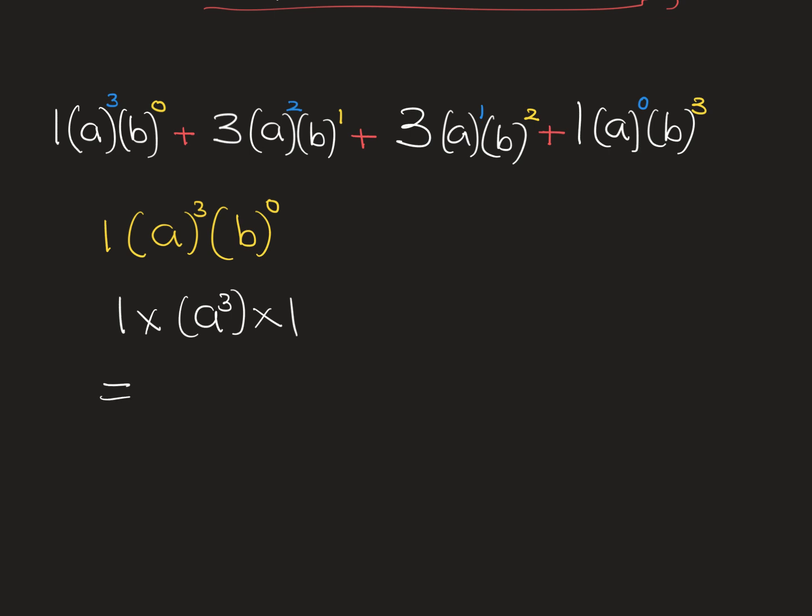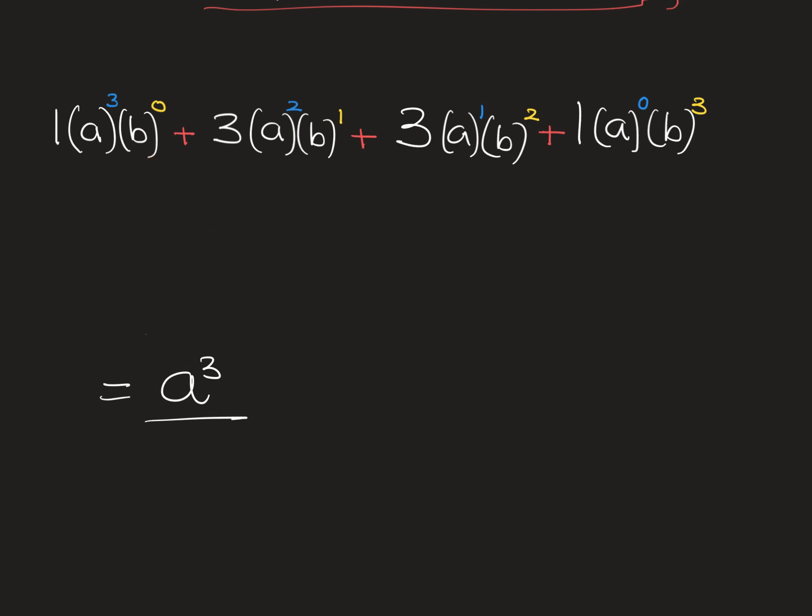So what will that give you? That will be just a to the power 3. So we are going to replace a to the power 3 in the place of this expression. That is a to the power 3 plus